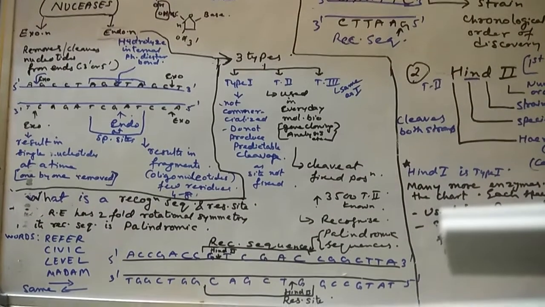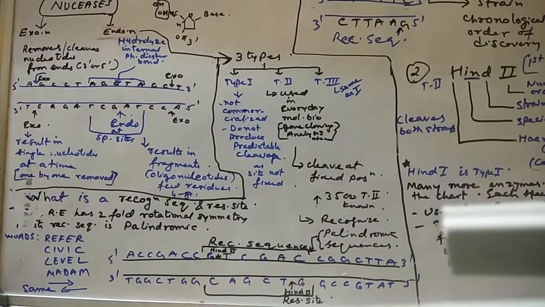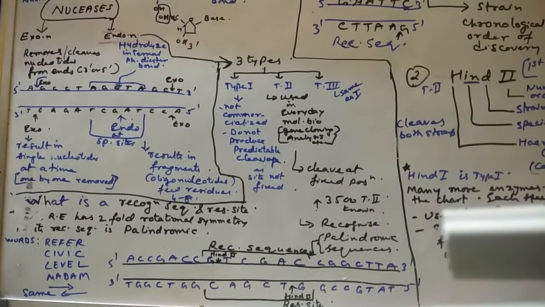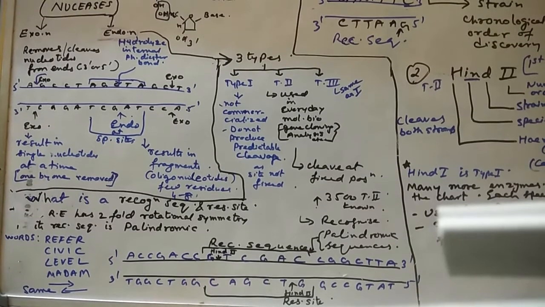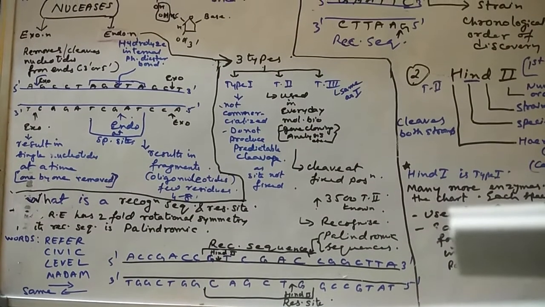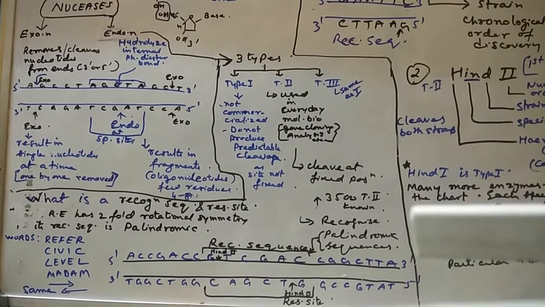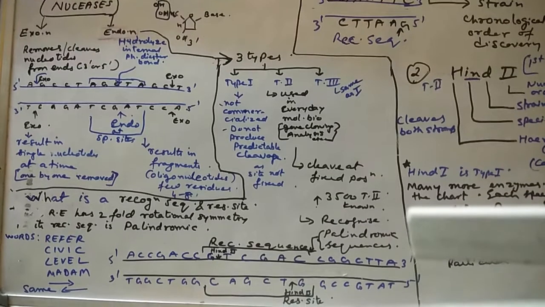It reads the same in both the strands. Such sequences which read the same in the two strands when read in the same orientation, that means in both you should read in the same orientation, 5' to 3', it will read the same. Such a sequence is called a palindromic sequence.